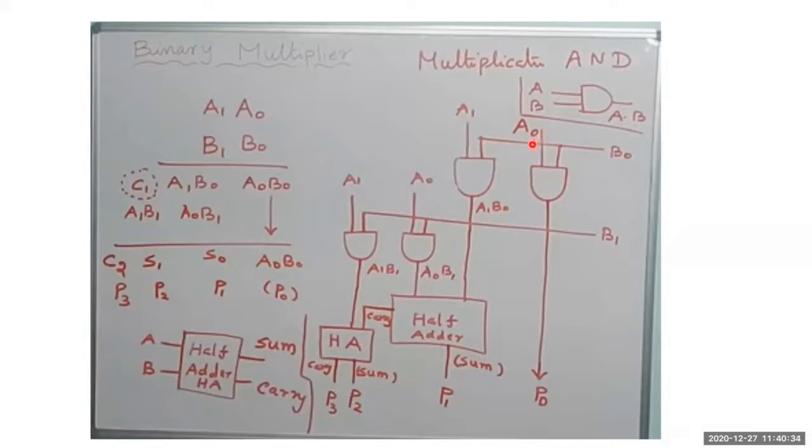The inputs of this AND gate are A0 and B0. It produces some output. Let that output equal P0. In a similar way, the second partial product is A1 and B0. So here the inputs are A1 and another input B0. It produces some output, that is A1 and B0. So we have obtained up to this part. This is the designing part.